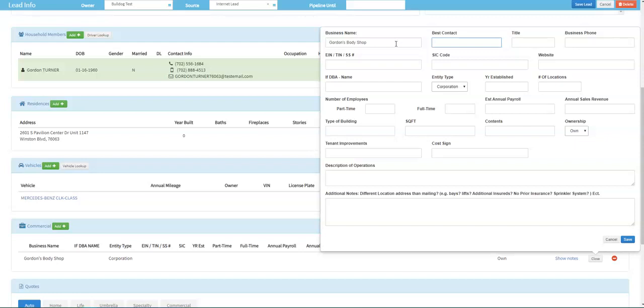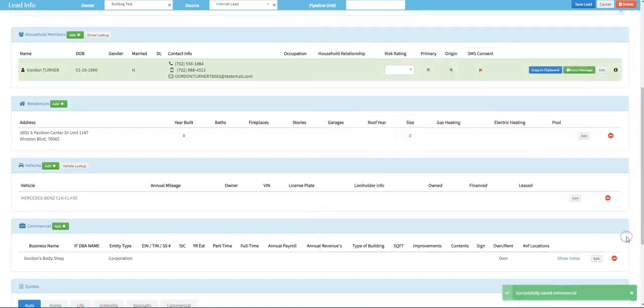And the best contact is going to be the person that takes care of the insurance. It's not always the owner. So let's go ahead and put Cindy, and that is the manager. And then you can go ahead and put her phone number, how to contact her there. Okay, so now you know that you're going to contact Cindy at Gordon's Body Shop, and this is the phone number and her title. All of these boxes are optional and up to you if you want to go ahead and fill them in. If you want to fill these in, feel free to do so, but it is not required. Okay, so go ahead and click save,